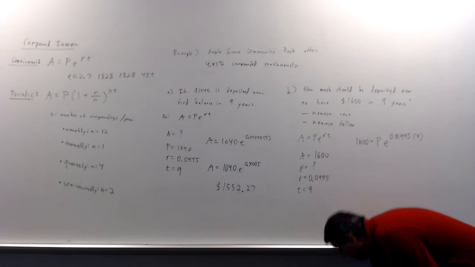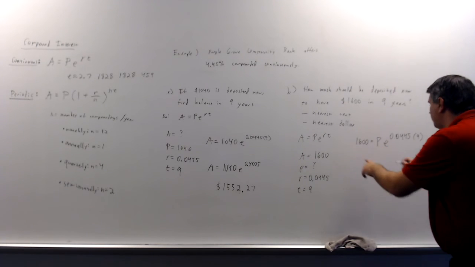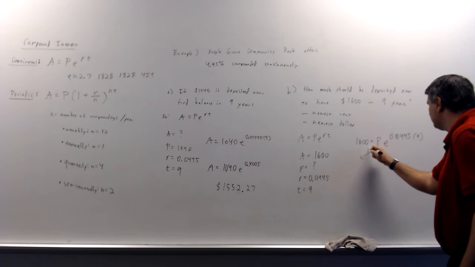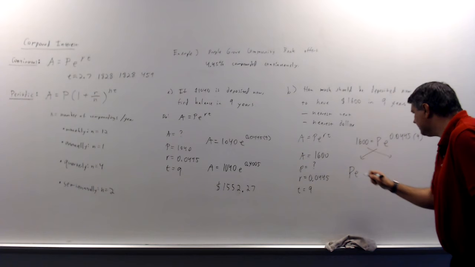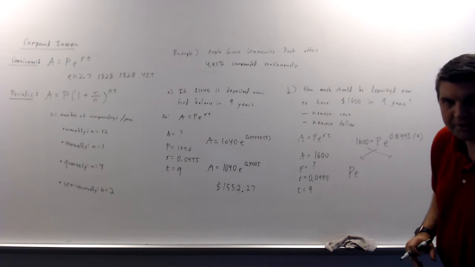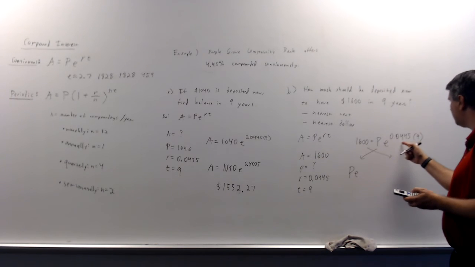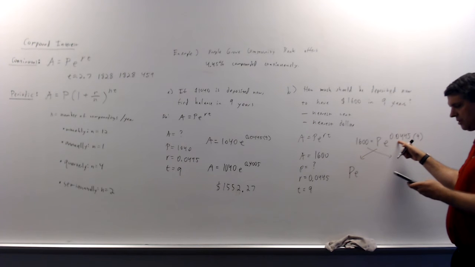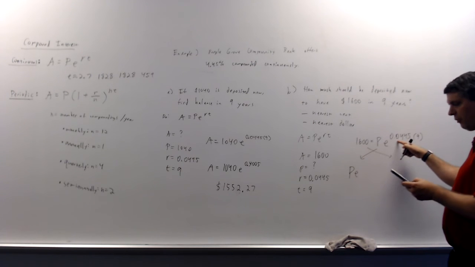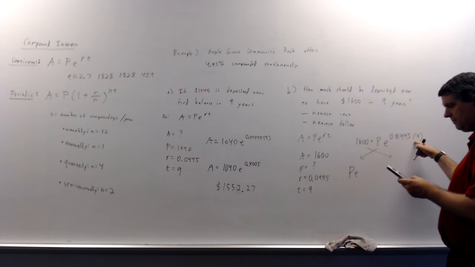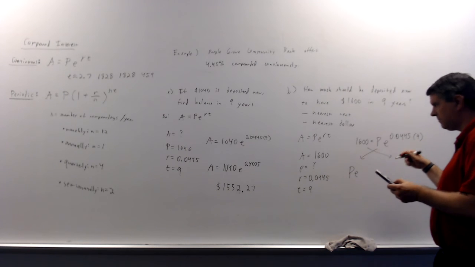Since that's my unknown, I'm going to switch the sides and move it over here. So I have P. I am going to go ahead and simplify the exponent. I'm going to pretend that I don't know what the answer to this is. 0.0445 times 9 gives me